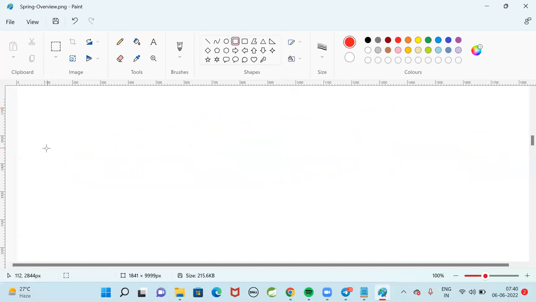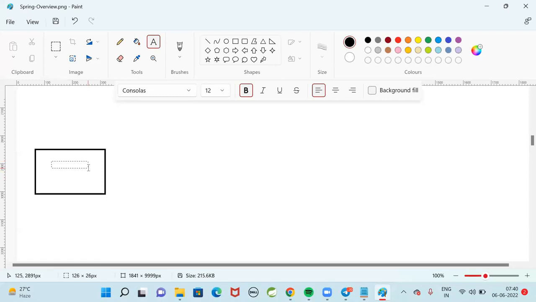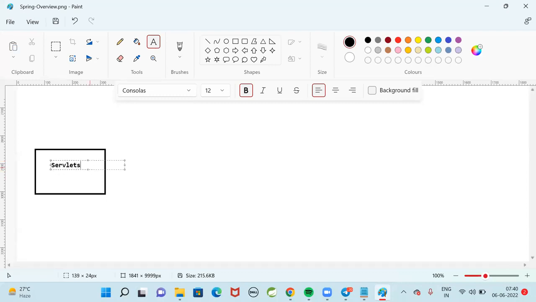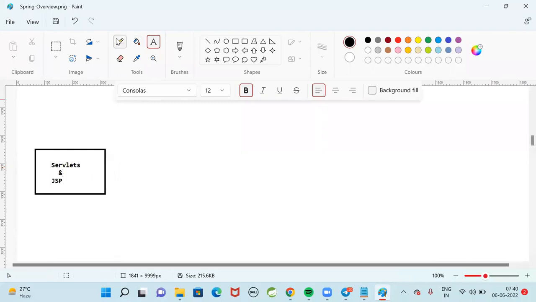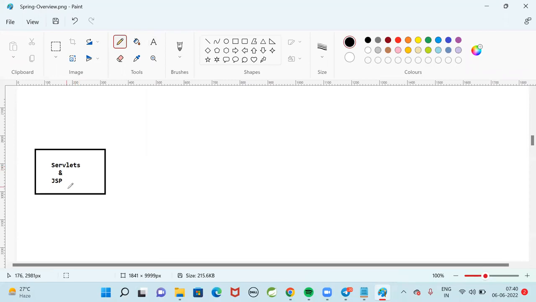Now, my project is developed by using Struts and Hibernate, or servlets and JSP. Half of the existing project is developed by using servlets and JSP.